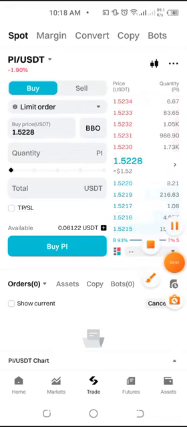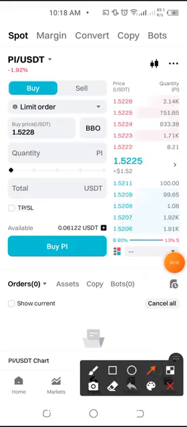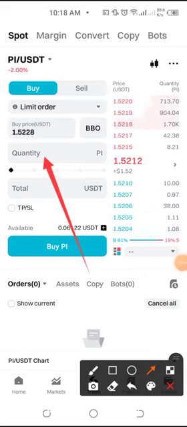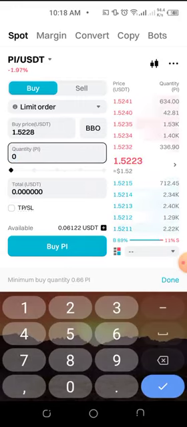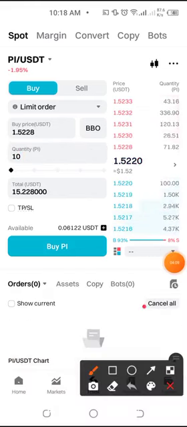Now it says quantity. What quantity do you want to buy? You type that into that place. Let's assume we want to buy 10 of it. You put 10 there. Sorry. If we want to buy 10, we'll put 10 there. So you now see that the total price for that 10 is